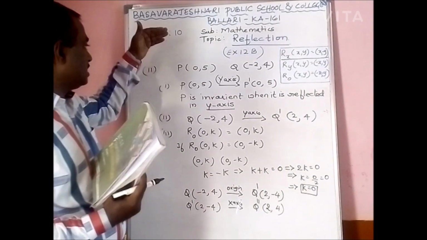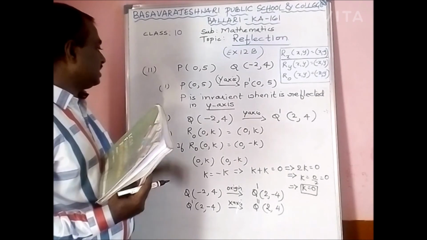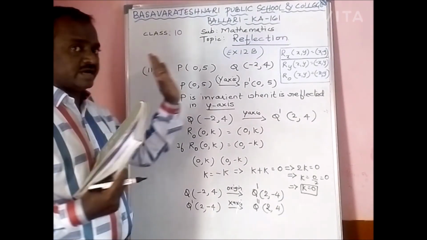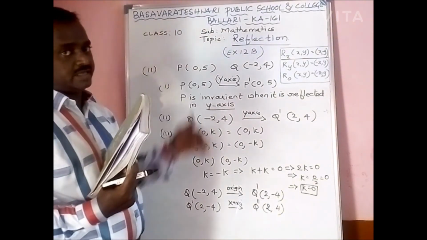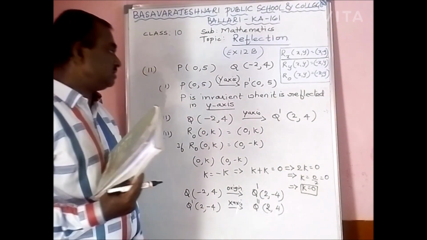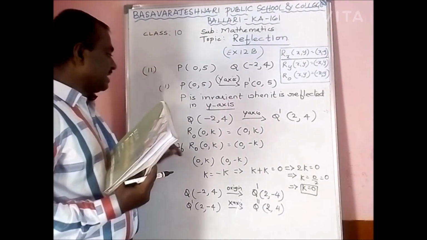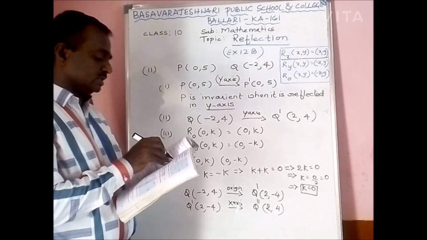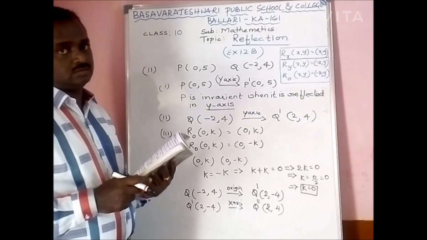So this is the answer. I think here no need of graph sheet. You can write it on the right side of the graph book, where right side lines will be there. There you can write this question. So today I will end this session with question number 11. In the next session I will start with question number 12. Okay, thank you.